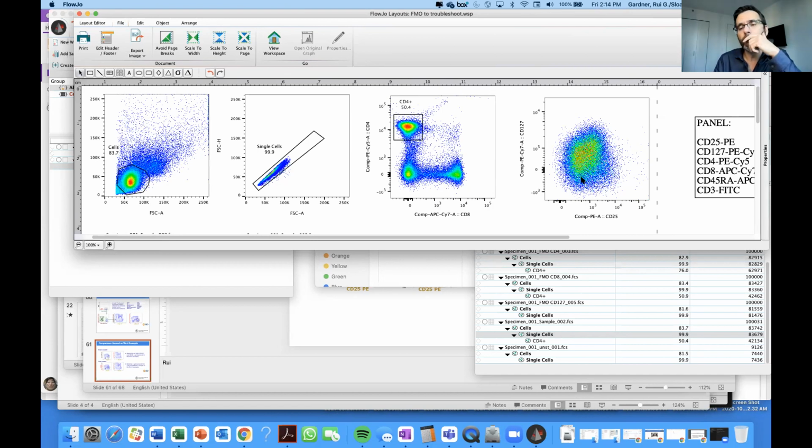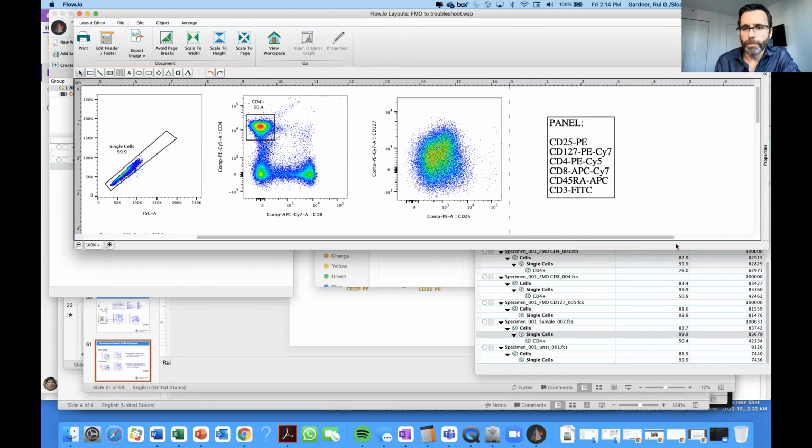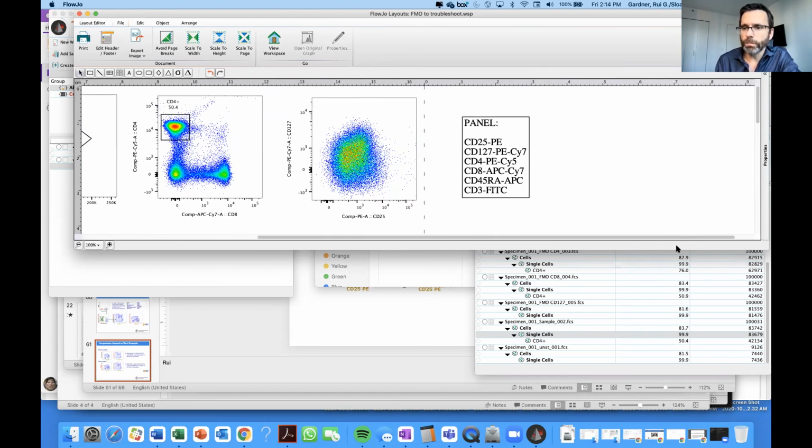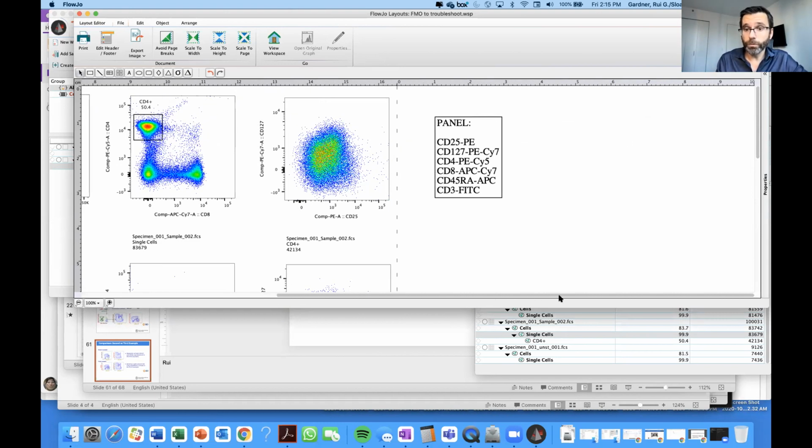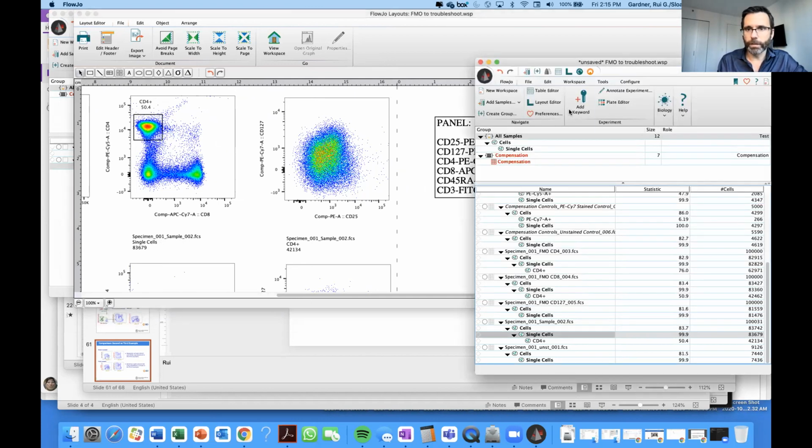How do you know where your problem is? One of the ways to do this is to start by looking at, okay, if I have a problem here, maybe spread has been introduced. If I lost resolution, or if I'm expecting a certain resolution, maybe there's some spread that was introduced by spillover, right? So one of the first things you can do is to add